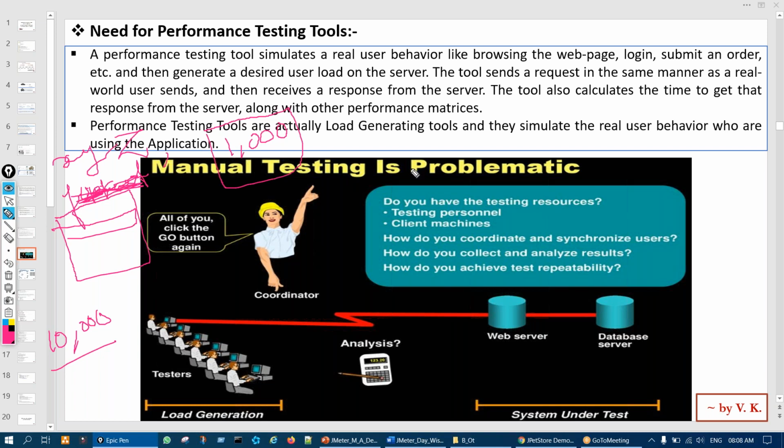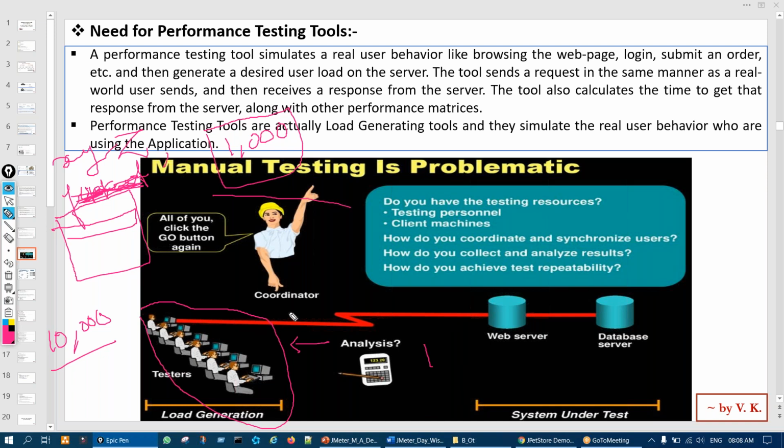What is the response time coming? So the manual approach is that we can bring 1000 systems, make 1000 people sit on each system, and say, start browsing the application at the same time, and then you can monitor whether it is going slow and how much slow it is going. That is the manual approach.